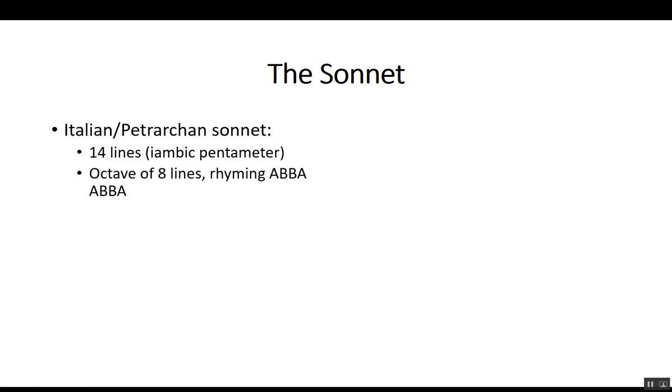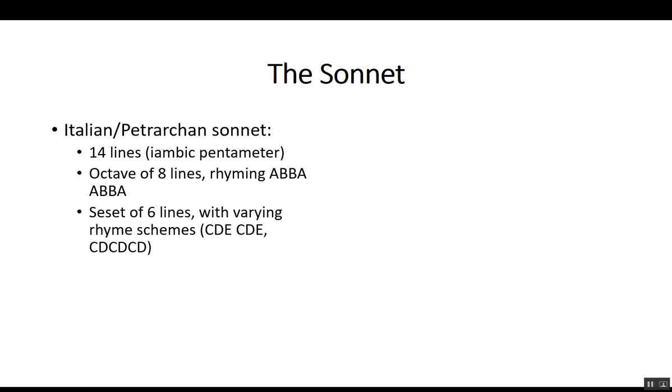And they're broken up into 8 lines, which is called an octave, which will always rhyme in an Italian sonnet, A, B, B, A, A, B, B, A. Kind of challenging because that means you've got to make two different rhymes 4 times, right? So you've got 4 rhymes that are A, and then 4 rhymes that are B. Okay, so Italian Petrarchan sonnet, an octave that rhymes A B B A, A B B A, and then a